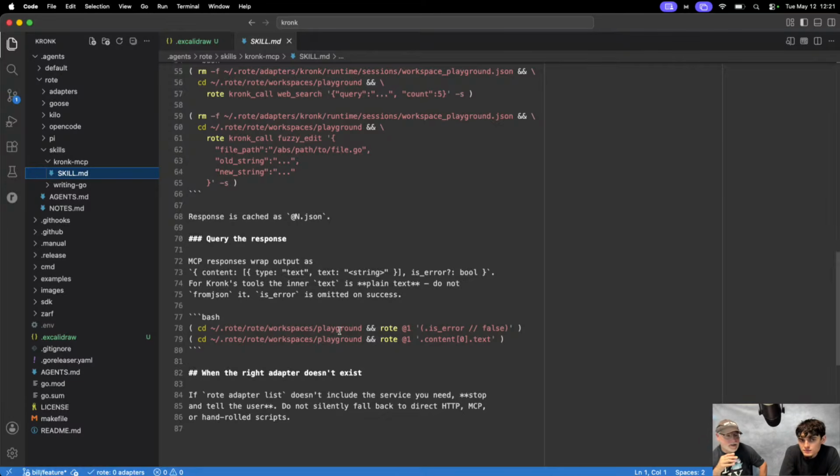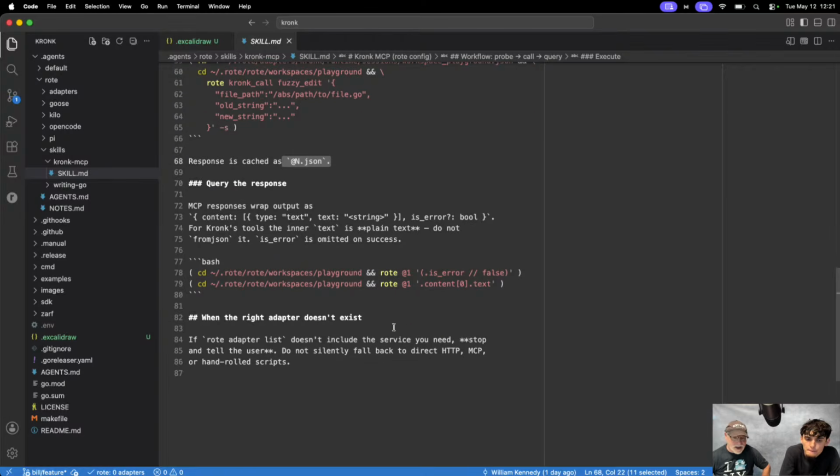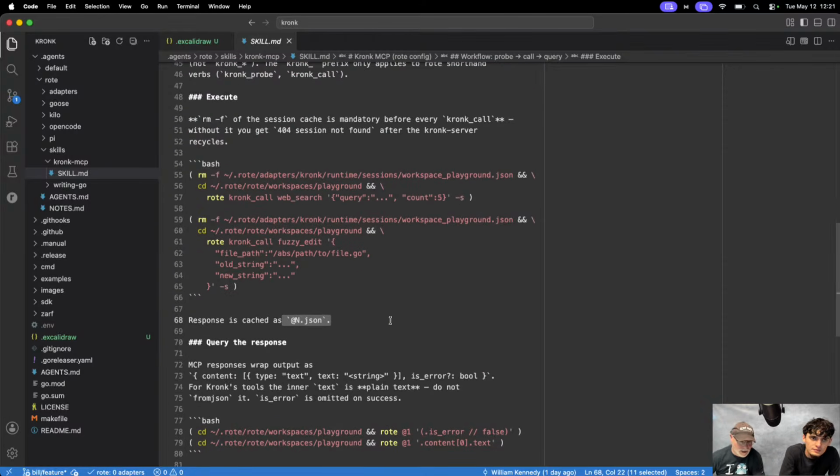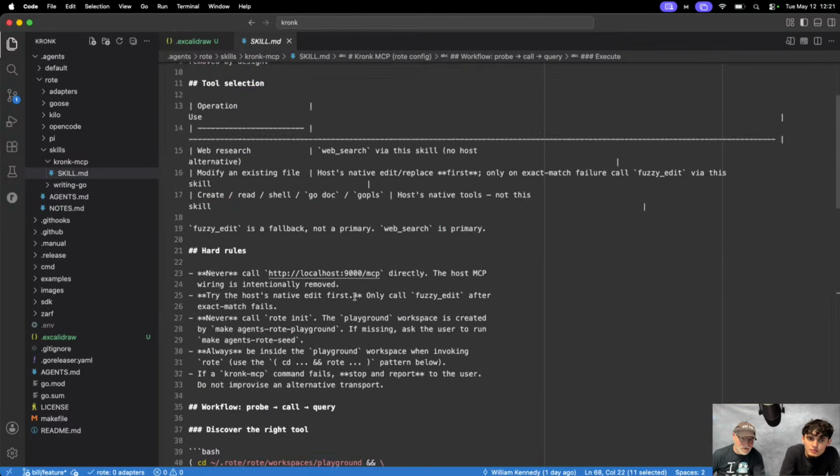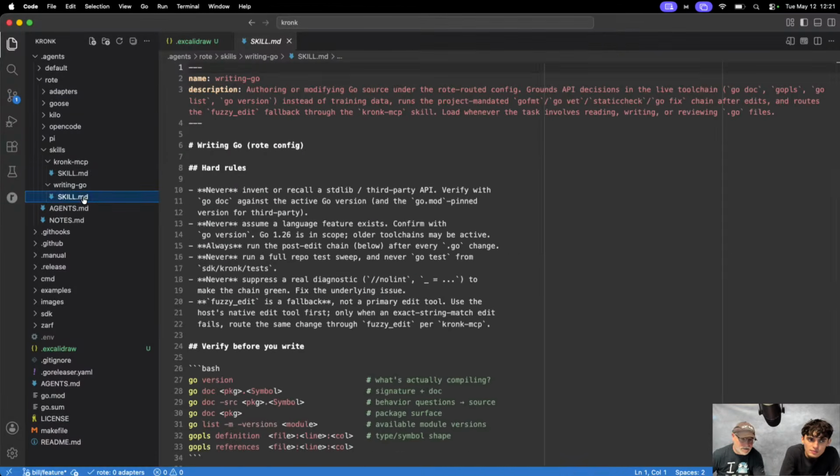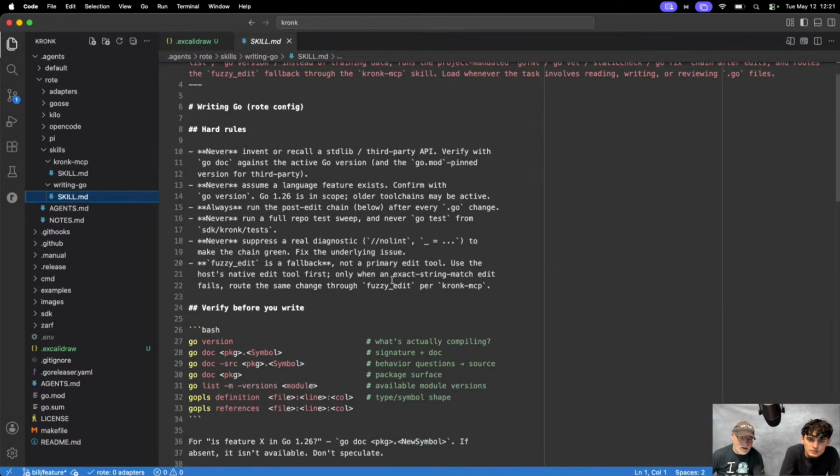So I've never really used the UI to do any of this. But you can see here that they store JSON documents with responses, and they're able to use that. We're going to see it. But you can see here that we're going to be using rote, and it's at the skill level here that rote is getting involved, at least.